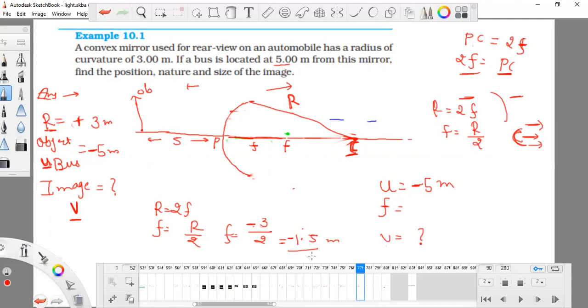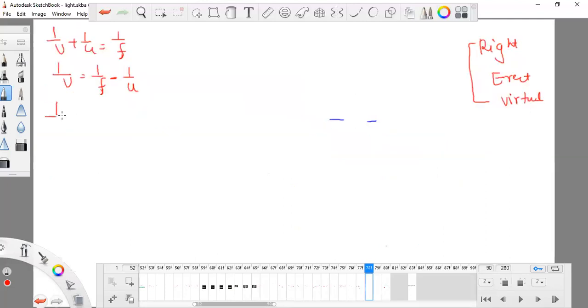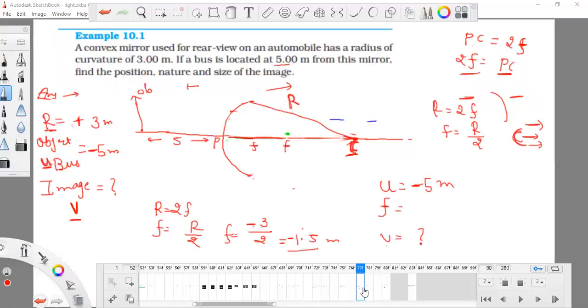So I have my F. My values are here. I have to find out 1 by V. I have F, the value of F is 1.5 in minus, and this is the minus sign. This is my formula, and 1 upon U. U is also in minus sign because both of these F and